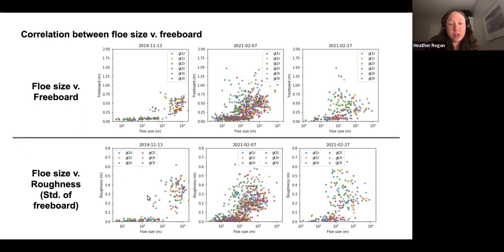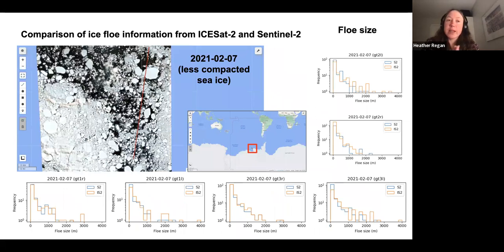I should say the first column here is in November, where the ice is more compact. And in the middle column here, we have ice that's less compact. And there are some differences between those. And to look into those examples a bit further, we can use these as situations where there is actually Sentinel-2 data accompanying those transects. So if we take those 2 examples and try to understand what's going on between ICESat-2 and